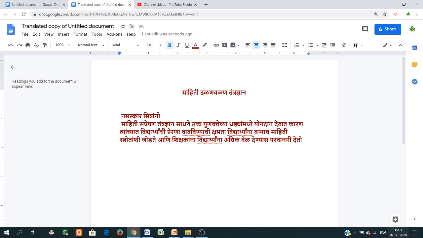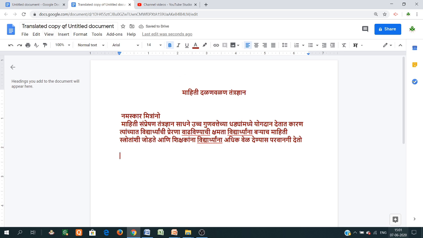So this is very useful because most of the teachers are used to typing in English, but there is difficulty in typing, especially in Marathi and Hindi. So you just convert it and just edit it if some changes are required, full stop, etc. So this is a very important tool. So in this way you can just type in English and convert the translation.